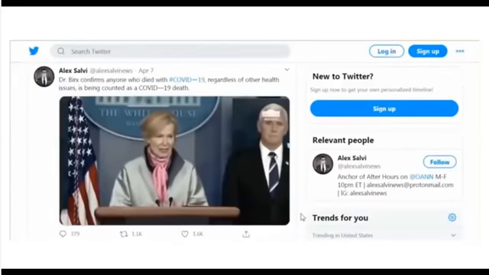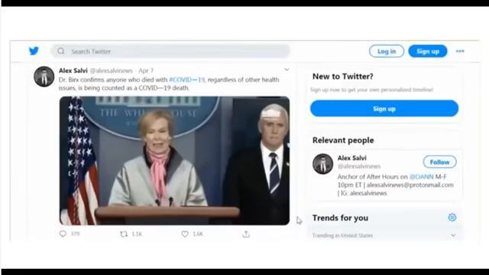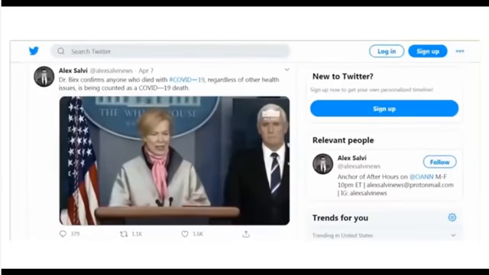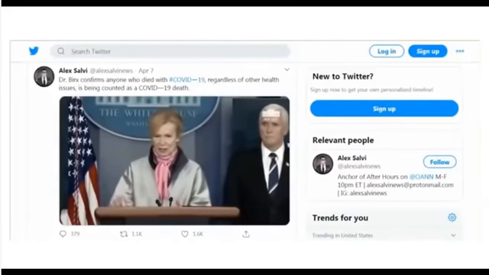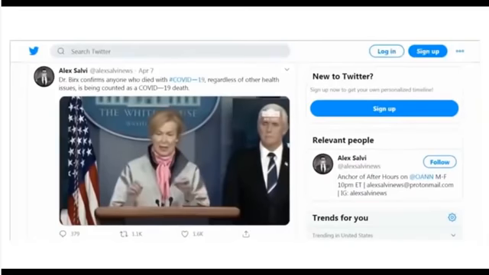If you had a pre-existing condition, and let's say the virus caused you to go to the ICU and then have a heart or kidney problem, some countries are recording that as a heart issue or a kidney issue and not a COVID-19 death.